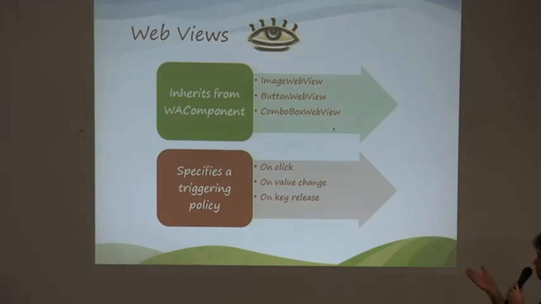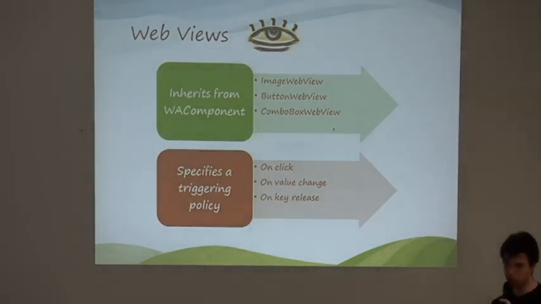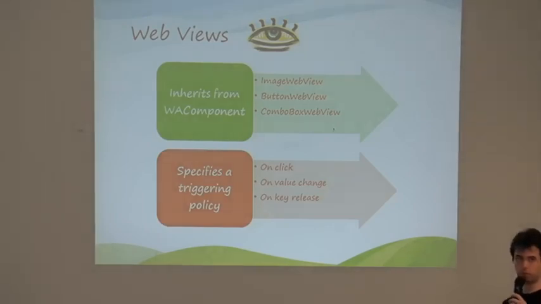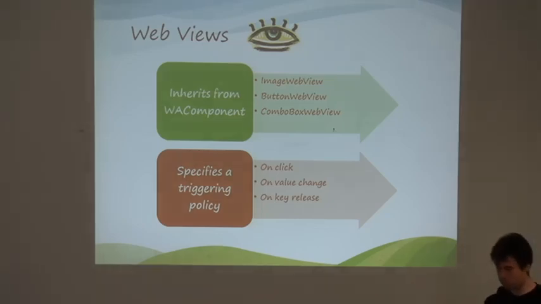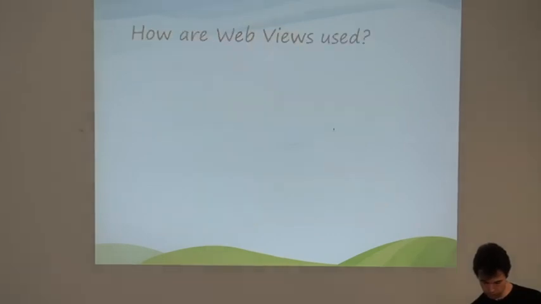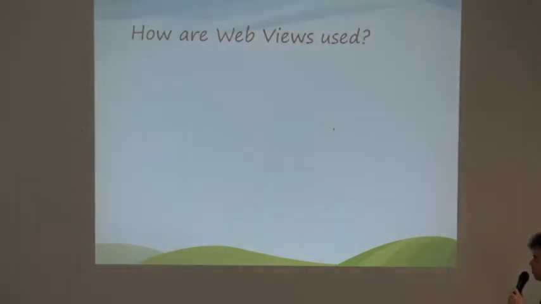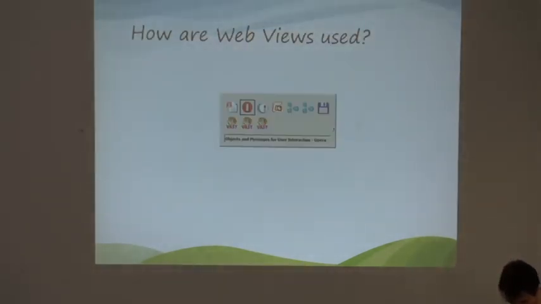It also has to specify, because user interaction is a priority here, a triggering policy, like click, value changing for combo boxes, or key release for a text input, and it should be able to change, even at runtime. If I go to the server and say, re-render this part, and it has changed, it should have the new properties. JavaScript should allow me that, and with a little help of Seaside, I can do that. So how are web views used? Well, if you see the code here,